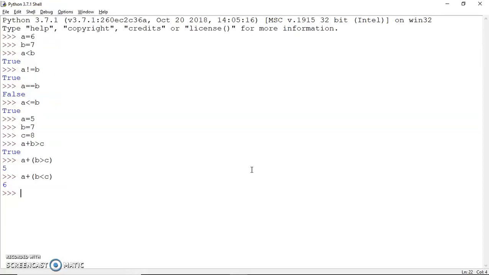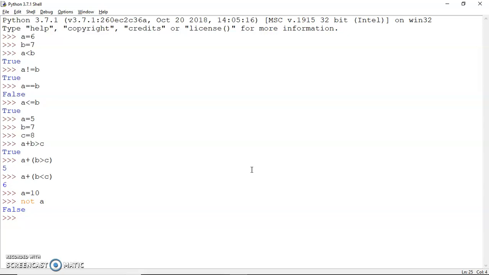So let me just work through this. Say a is equal to 10. So if I write not a, it will negate. If a is 10, that means a is true, and not a means it is now converted into false. So not will negate. If something is true, it will convert it to false. If it is false, it will convert it to true. And